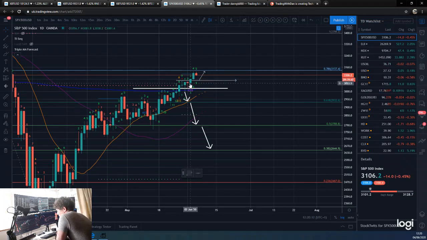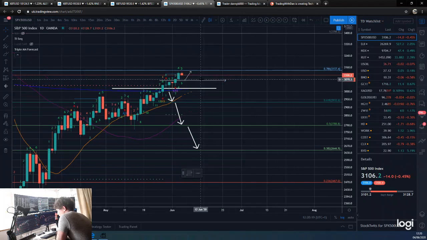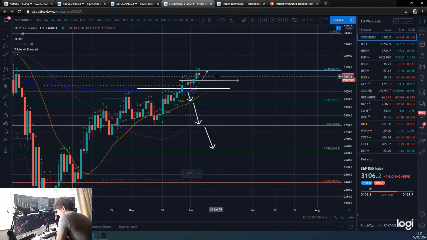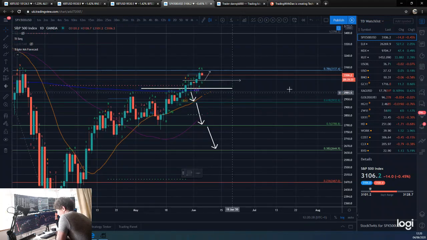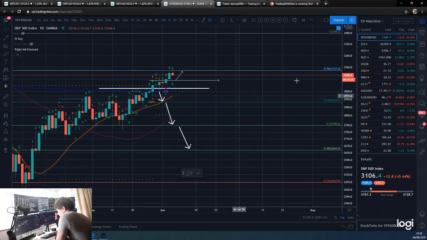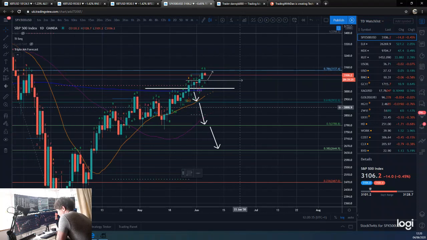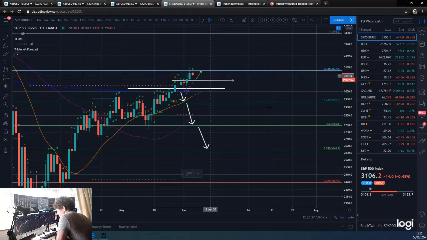It was pretty much just a simple case of if you break above that daily 9, that level, that high, then expect at least to get to the 786, which is very nearly there. It's a case of basically a few dollars, isn't it? So very close. And obviously it's not over yet. We still could get to it. We still could go above it and keep going. But either way, that's the initial target. So we'll see what happens there.